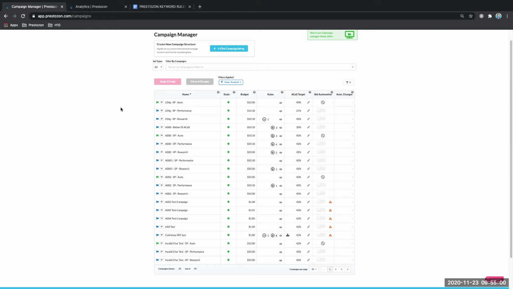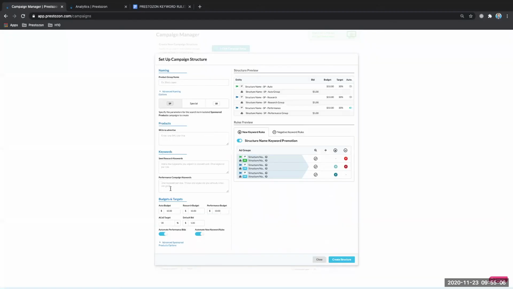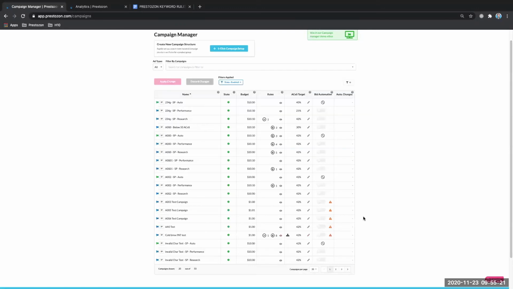We're super excited about it. Things that are not included. Number one, as Kevin alluded to, the campaign creation for PT is not included. So we have not revamped the one-click campaign setup yet to include product targeting campaigns. So if you want to start using product targeting and you have not yet, you will have to go into the Amazon portal, go into the campaign creation, and create a new campaign with an ad group that is product